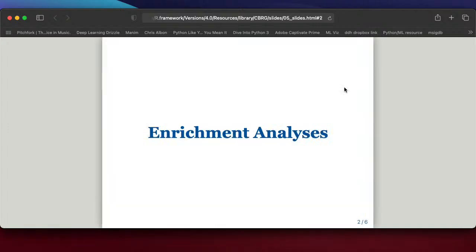Today we'll be talking about two general approaches to performing enrichment analysis. In this case, the focus is on performing enrichment analysis using RNA-seq data, but this logic can apply to any list of genes you have.